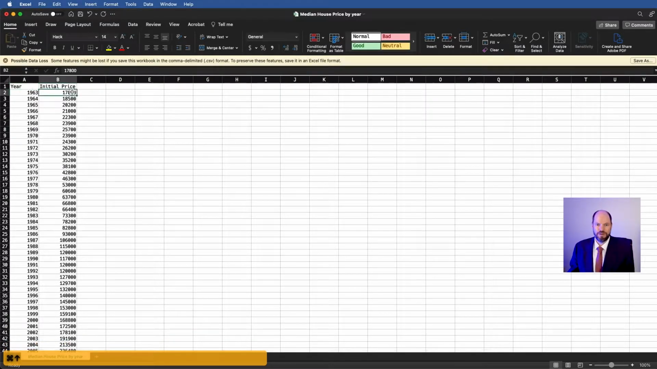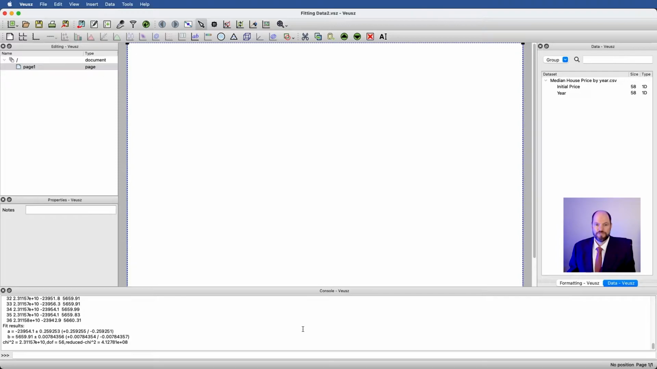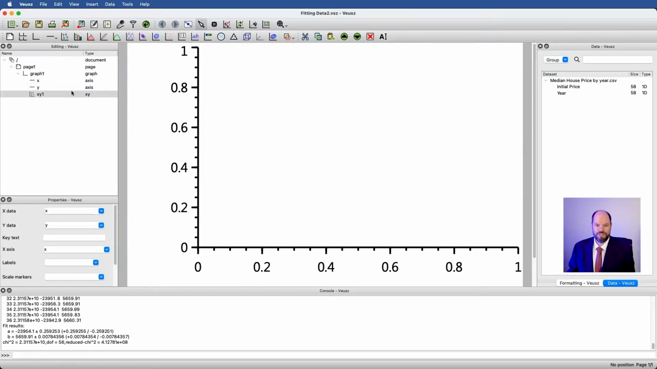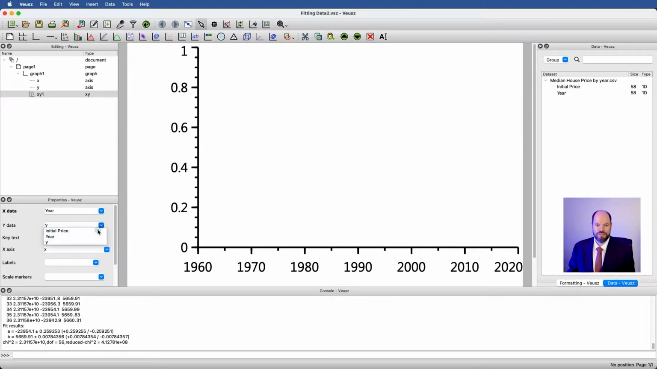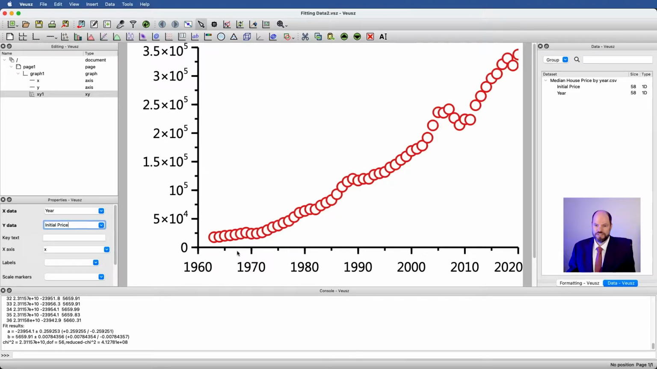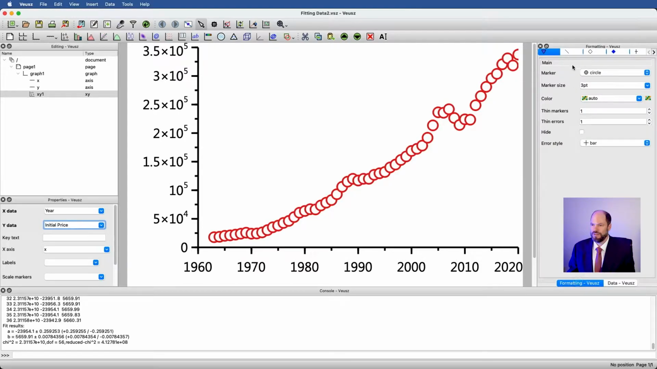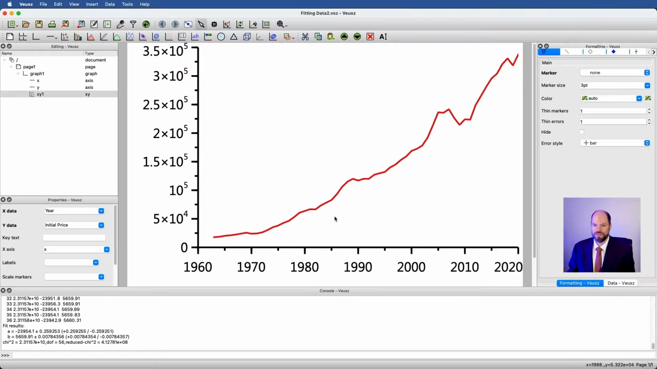Here we have the initial price, by which we mean the median price of a house at the start of that year. This has already been imported into Veusz, so if we want to make a plot of this, let's go ahead and insert graph, a scatter widget, and then say year and initial price. This plots this with all these points here, which I think is a little bit hard to see, so let's go ahead and just turn on our line fit and get rid of our markers,